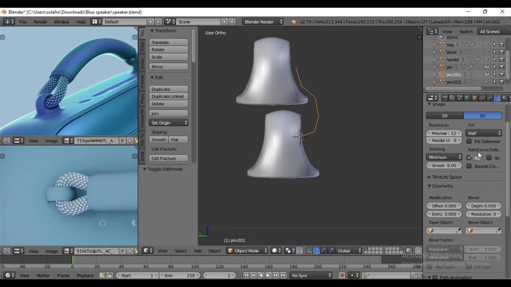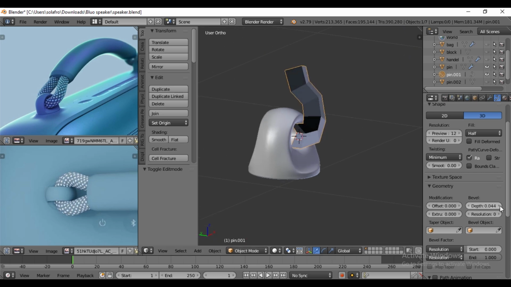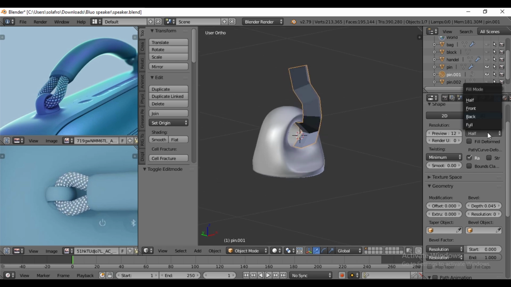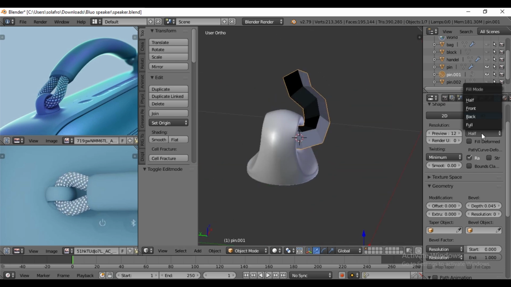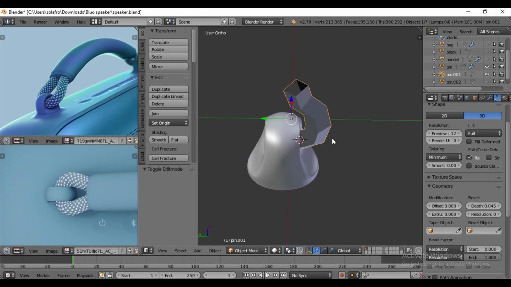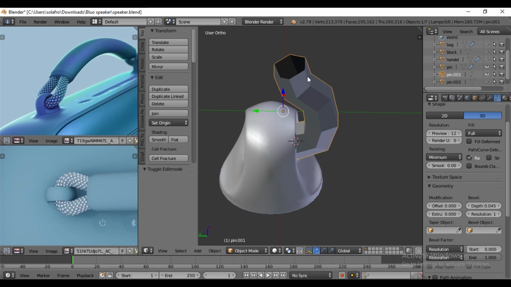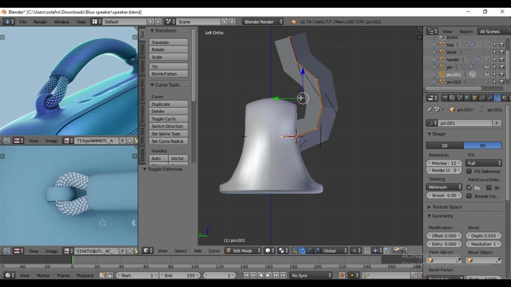Go to Object Data, then under Bevel change the depth value to 0.045 for me. As you can see, this is half, so make it full. This has 4 vertices. To make it round, change the resolution to 1. Now in edit mode, rearrange the curve before going further.